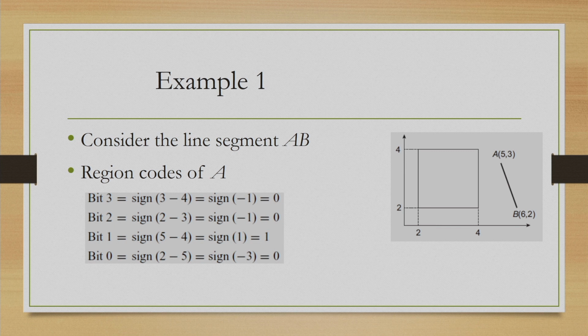Let us consider this line segment defined between the endpoints A and B, and the window extents are provided here. The x min is 2, x max is 4, y min is 2 and y max is 4. We check the sign and accordingly we assign region code to the endpoints. For example, for A,